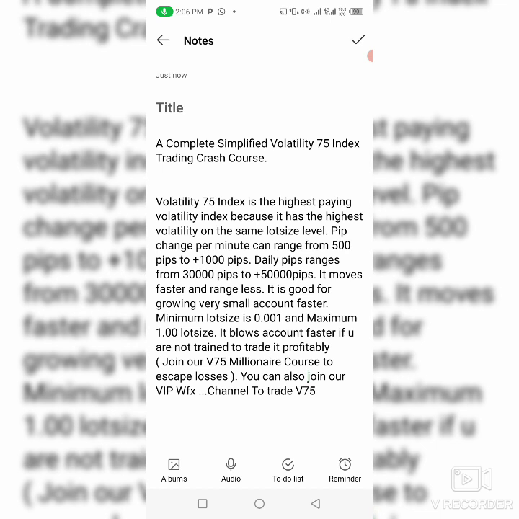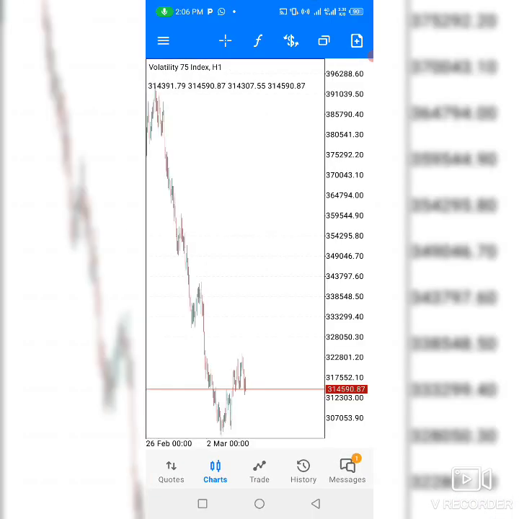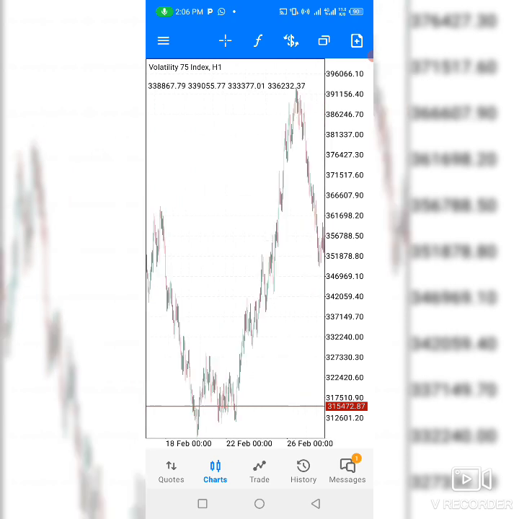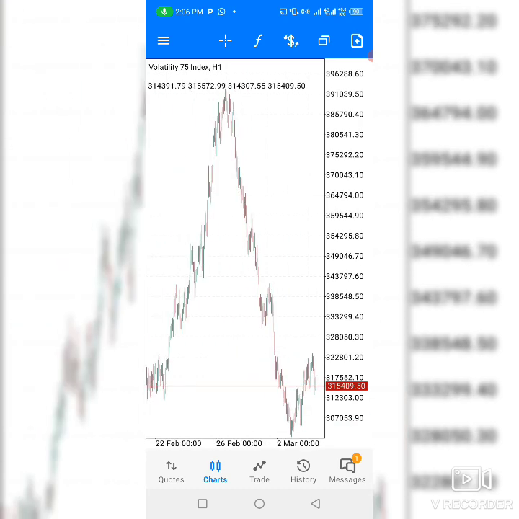I want to show you some things about Volatility 75 index for beginners. You can see that this is the Volatility 75 index chart. I'm using H1 because it is clearer to understand on H1. Just look at this. Can you spot where this market ranges? You know, a range is a